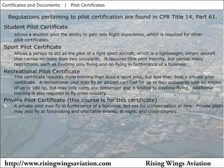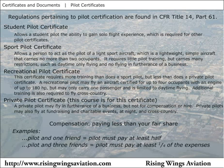Private pilots are not permitted to act as a pilot in command of an airplane for compensation or hire. A pilot is considered to be compensated if he or she pays less than the pro rata share of the flying expenses. In other words, if a private pilot went flying with a friend, the two could split the cost of the flight. However, if the friend paid 51% or more of the costs, the private pilot would be compensated